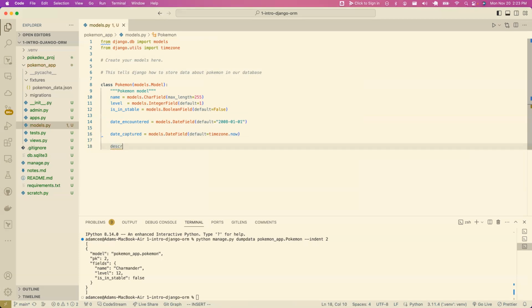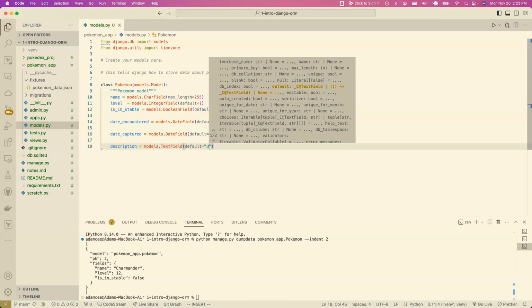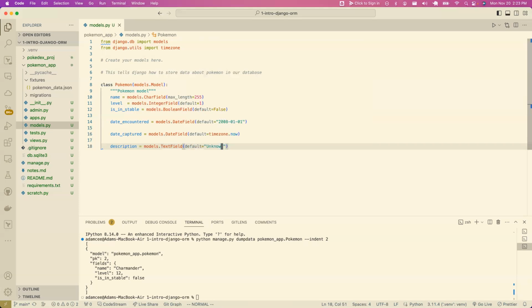Let's give our Pokemon a description, and let's use a text field, which lets you have way more than 255 characters. Think of whole paragraphs or more. And it is nice to add a default value so that I don't have to stick data in. For instance,